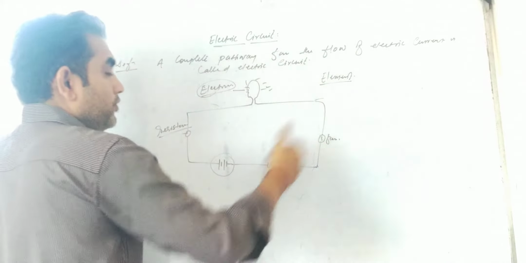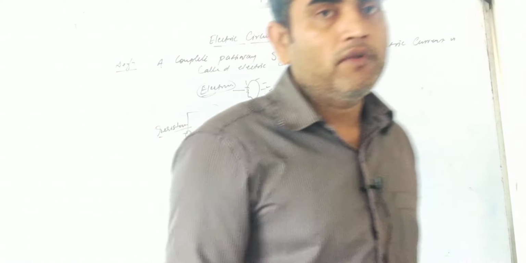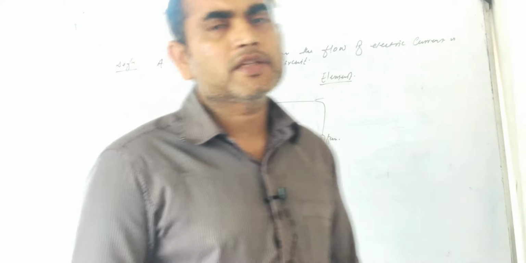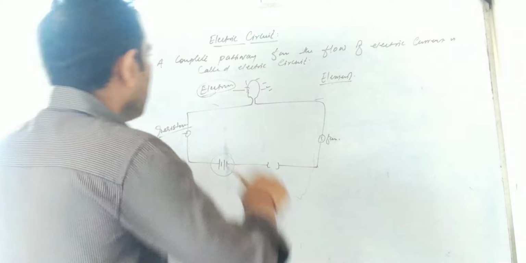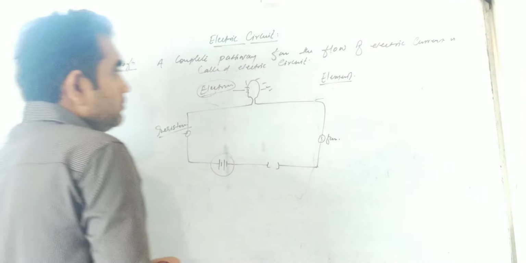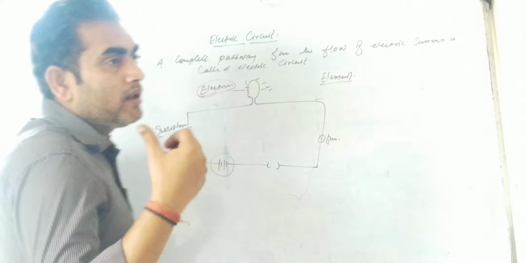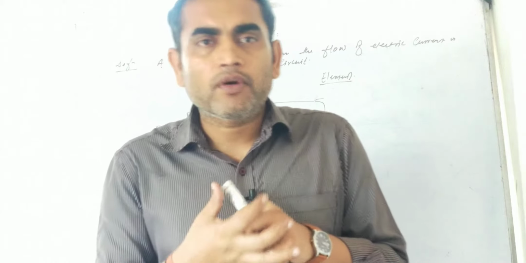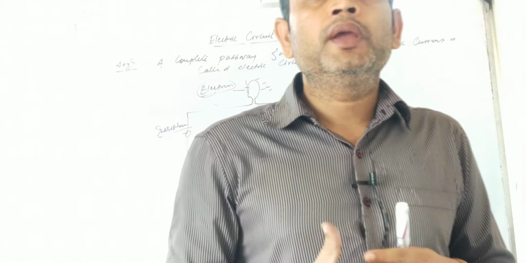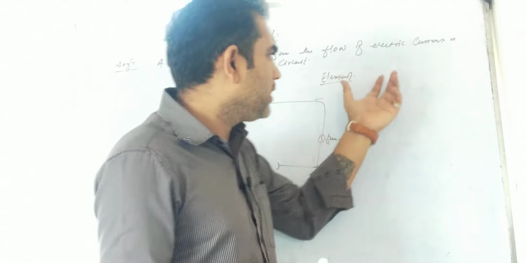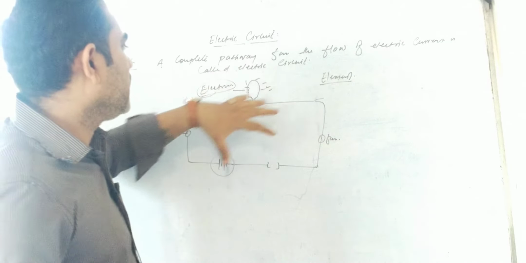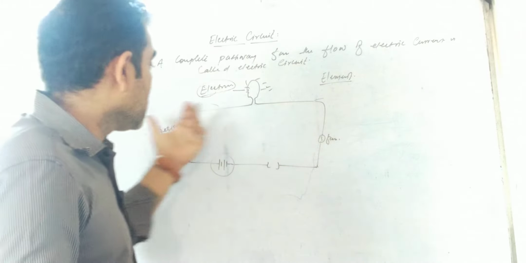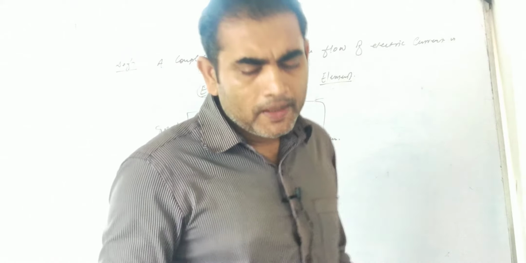And again we have the fuse, which will limit the flow of electric current, and resistors, which help the current flow smoothly in a circuit. So these are the elements of an electrical circuit. If you are asked what you mean by the elements of an electrical circuit, those things which are essential in order to form an electrical circuit are said to be the elements of an electrical circuit. You can put the name of an electrical device, a wire, a battery or the source of electric current, a switch, a fuse, resistors. These are the elements of an electrical circuit.